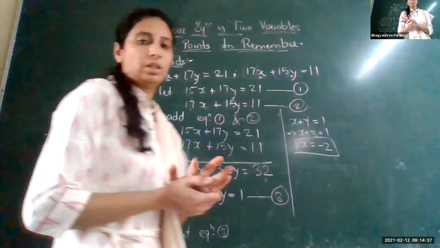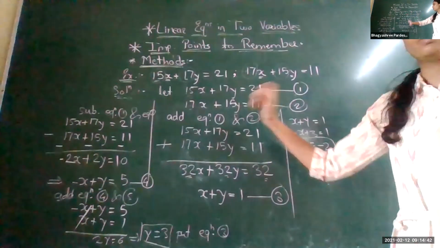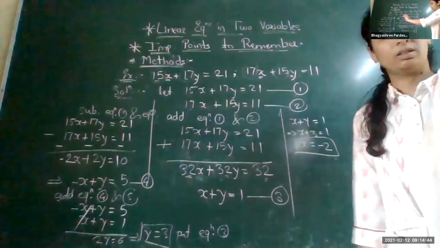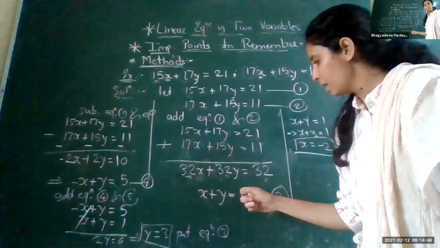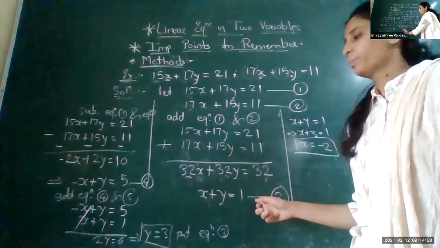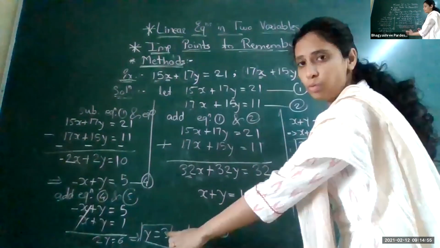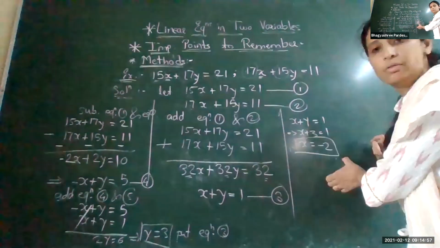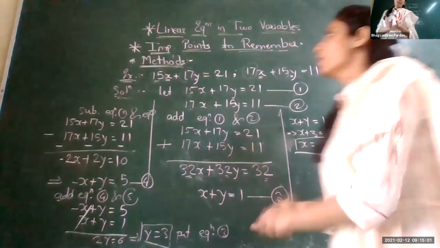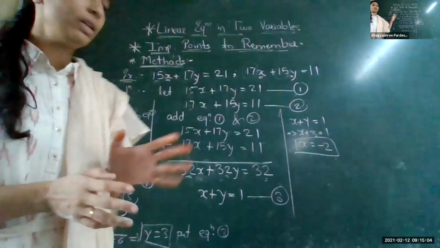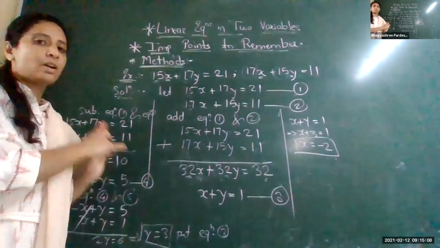Now clear this, in case it is needed to repeat. What did we do? The variables were the same, so the numbers were the same, so we added and subtracted. Then we got two simplified equations, and to this simplified equation I have added this 2 so that I get the value of y. Then whatever value we got, we put in the other equation so that we get the value of the next one. So this is one of the easiest ones. This question can be asked for at least 3 marks. So do this very well. Okay?